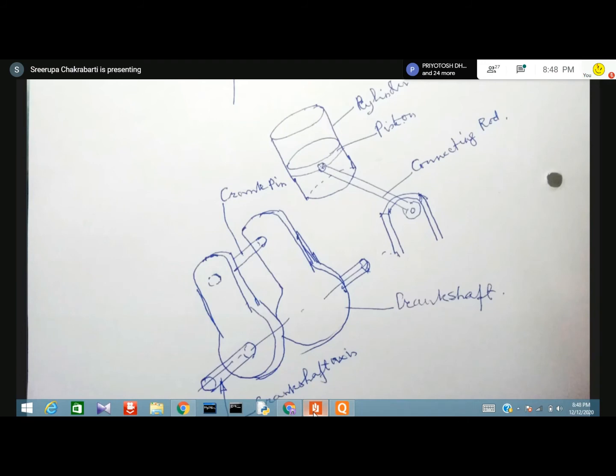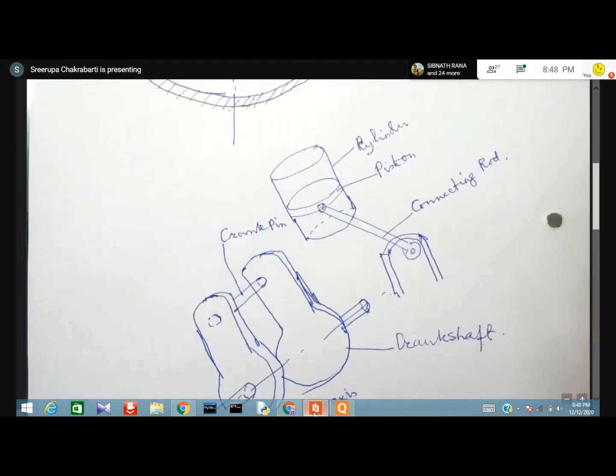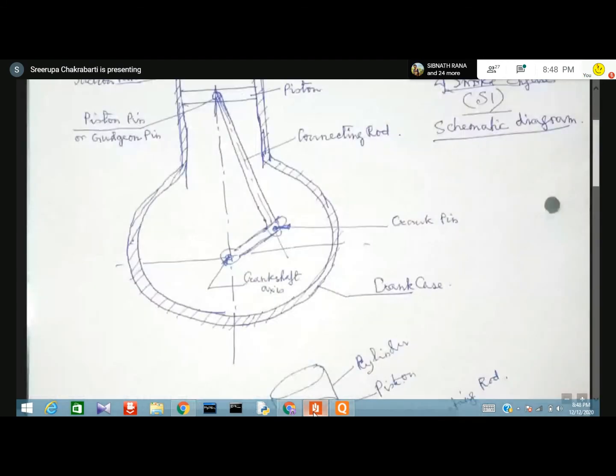Why is it done? Because when the piston comes down, and when the connecting rod comes down, it has to go through the gap in the crankshaft, and again it has to go up. That's why that configuration is there. This thing, of course, is very difficult. I am feeling difficulty in explaining in this class because I don't have any way to explain it. Either I need the blackboard or I need the engine part in front of me. I'll just show you when I start in the laboratory. I'll show you the crankshaft configuration, then you'll be able to understand.